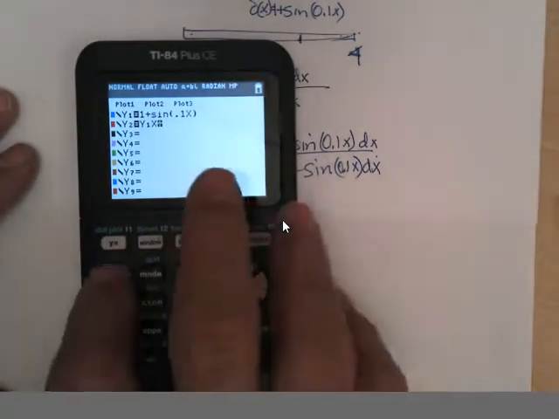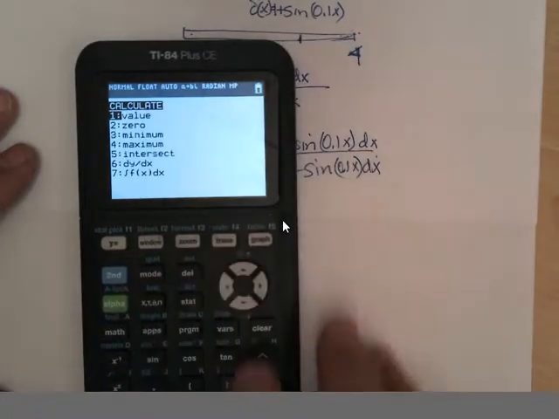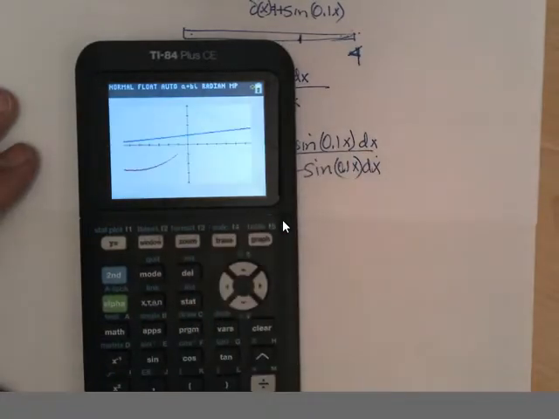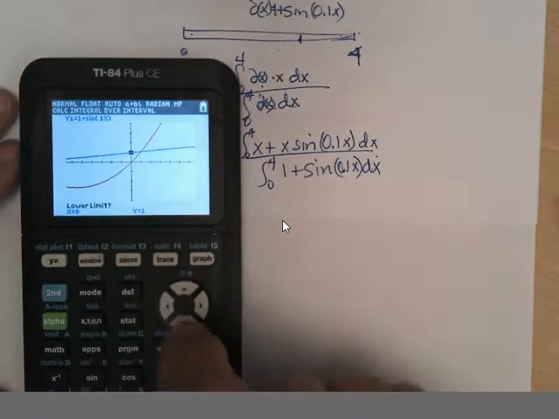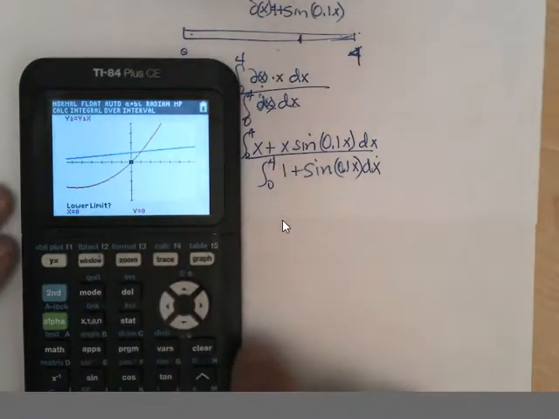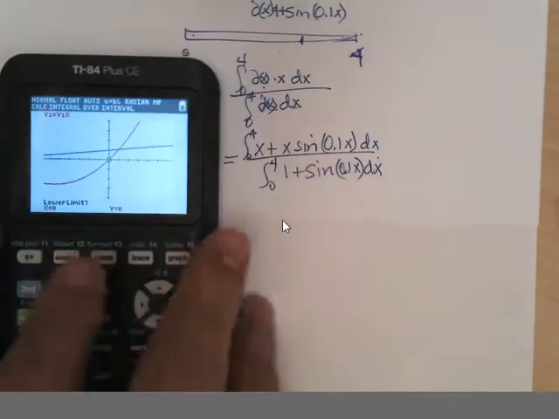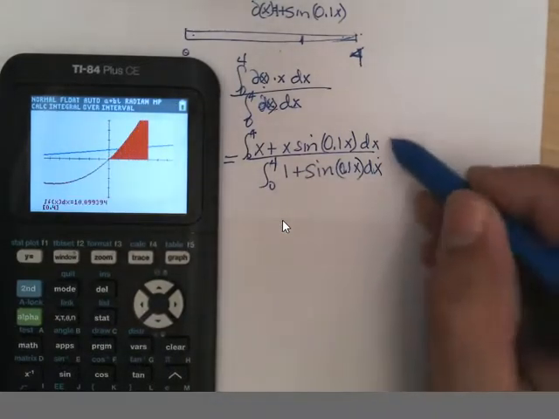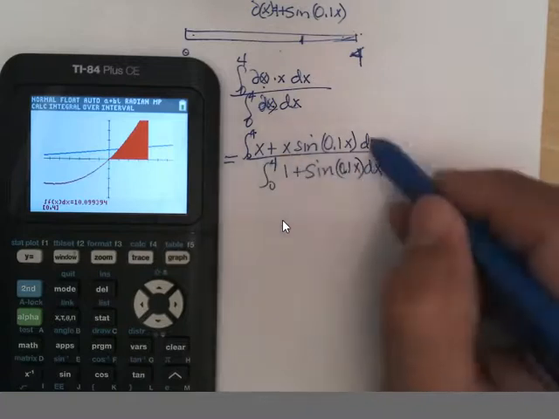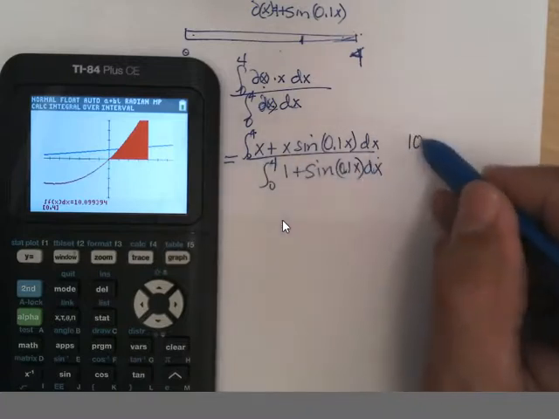So second, calculate the area on that. I need to be on the red curve, calculate it from 0 to 4, and that answer is